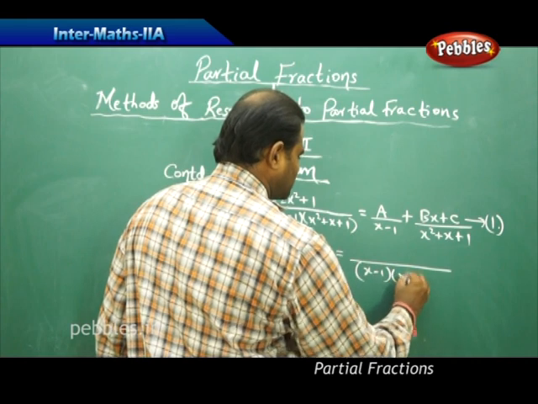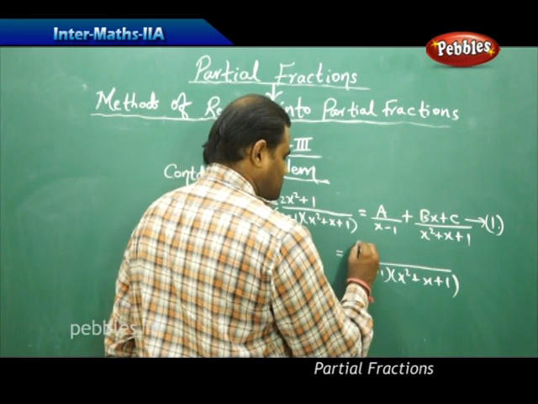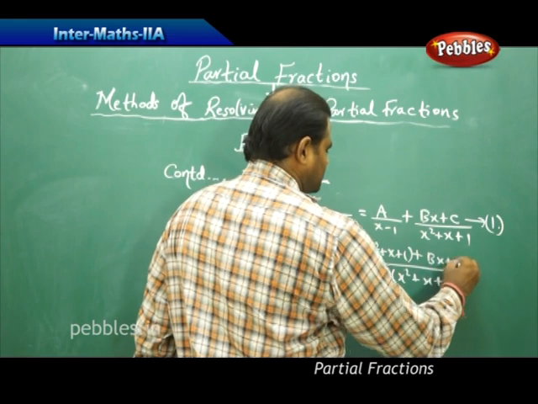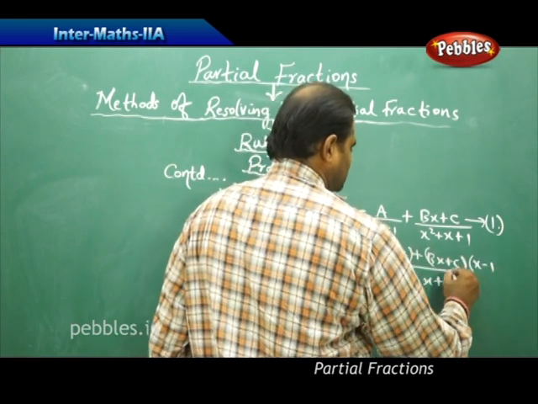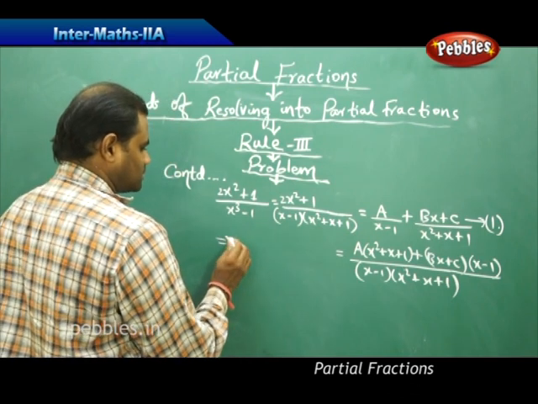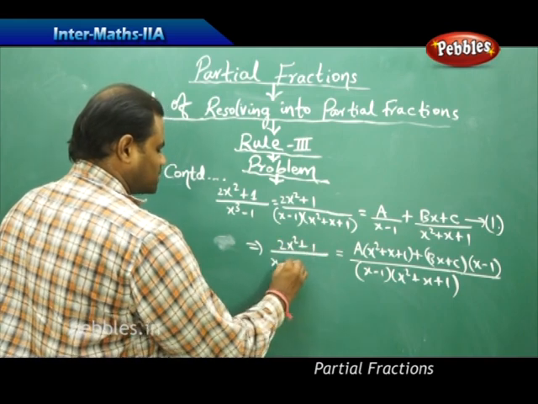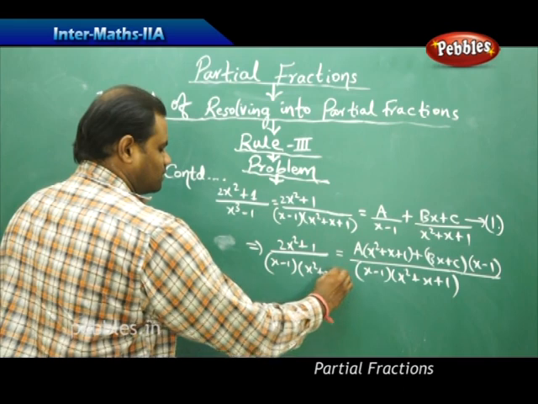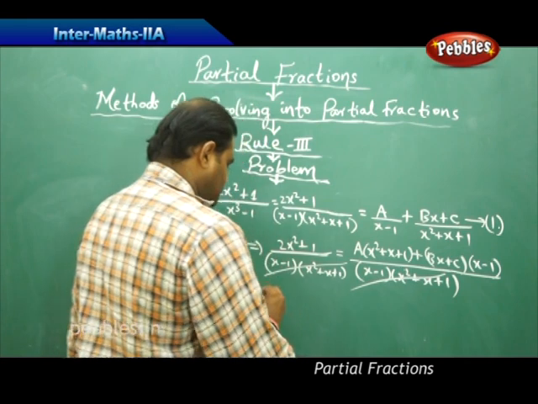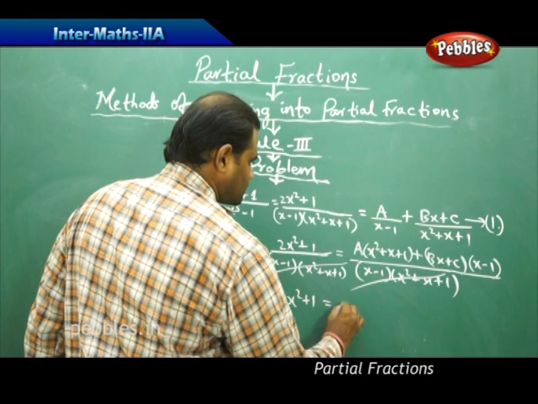(x − 1)(x² + x + 1), being the LCM, the numerator reduces to A(x² + x + 1) + (Bx + C)(x − 1). So that this on the left hand side is (2x² + 1)/((x − 1)(x² + x + 1)). Now since the denominators are the same, they get cancelled, and I get this to be 2x² + 1